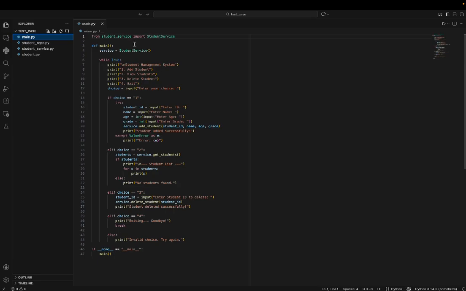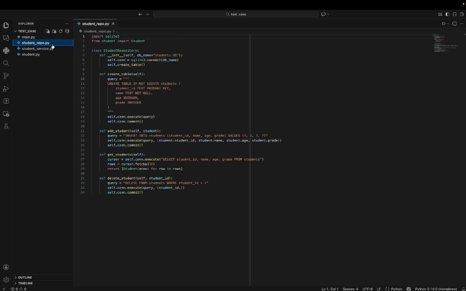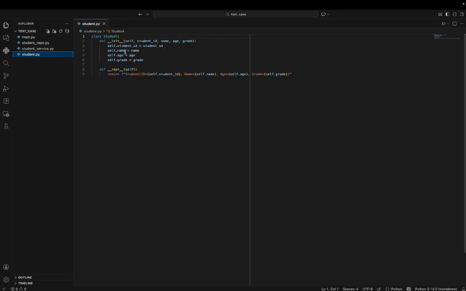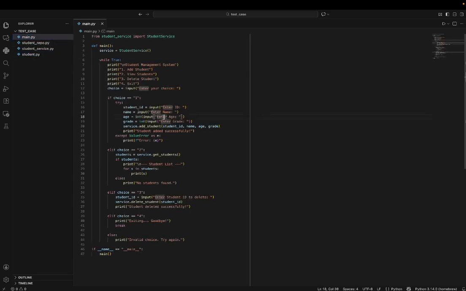I can tell that it's some kind of terminal program. I can see that it's about students and it does use some kind of database. It has functions for getting the student information, for deleting it, or adding one and having some information about the age, some structure with the student information. Okay, but let's say that I just got to this and I would like more information, like maybe a README